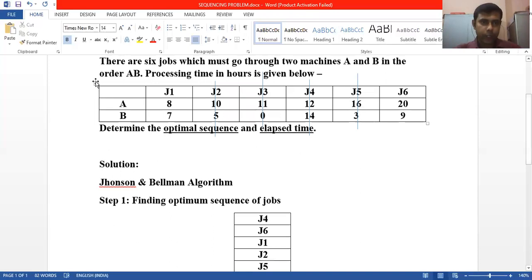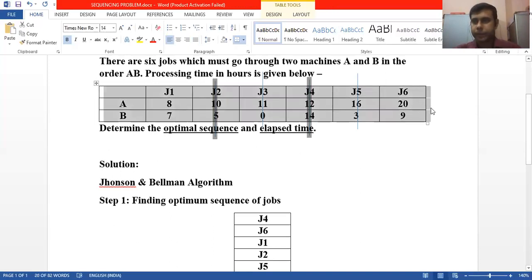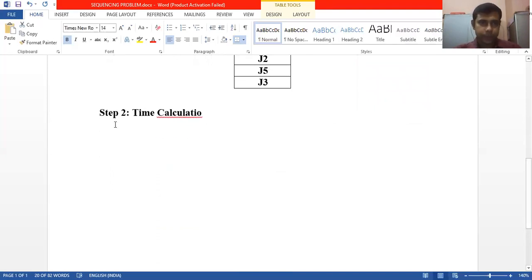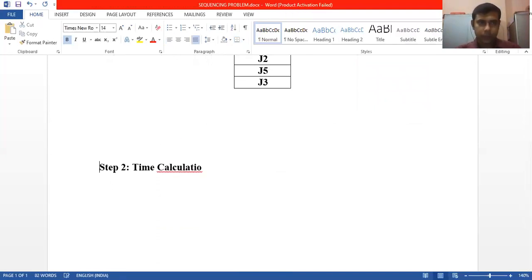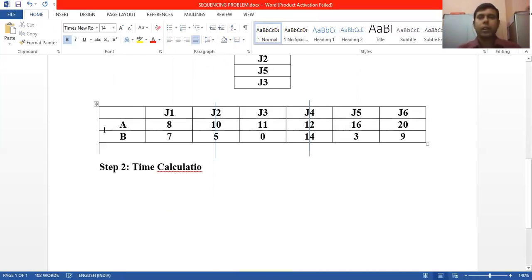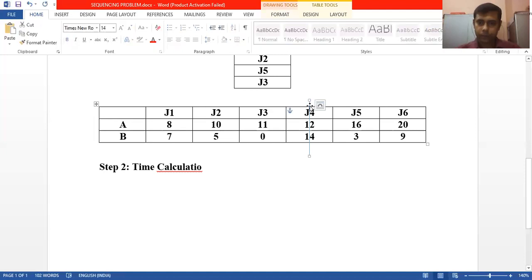I'm just bringing down this table so that we need not scroll again and again. I've just mentioned it here. Right, and I don't require these cut parts. So you need to